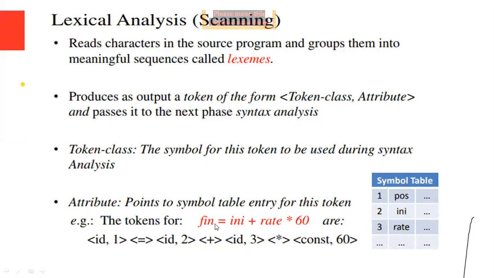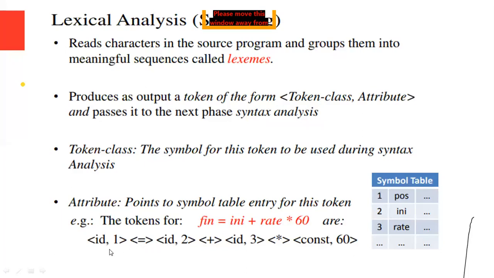So this is in the form of English language, that is high-level language. FIN = INI + rate * 60. So FIN is an identifier, INI is an identifier, rate is an identifier and 60 is a constant. So this is the statement. We can convert this statement into